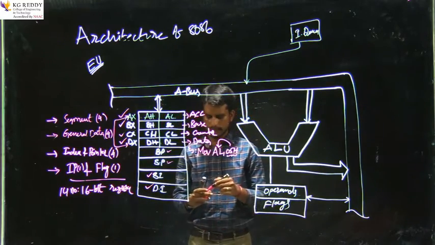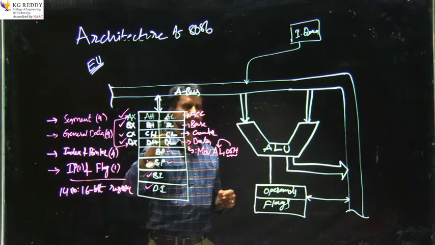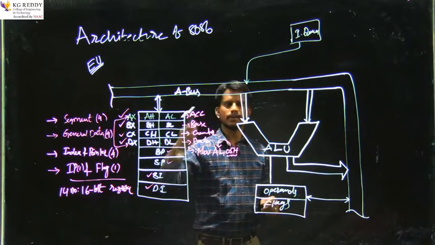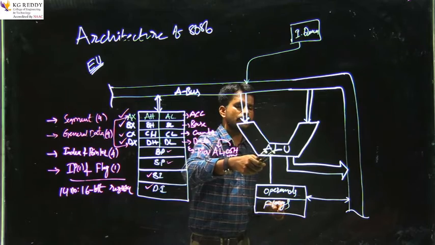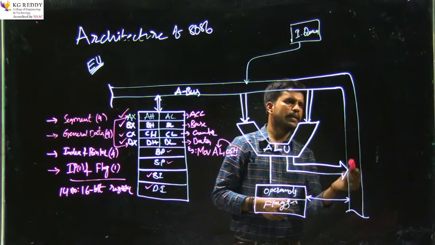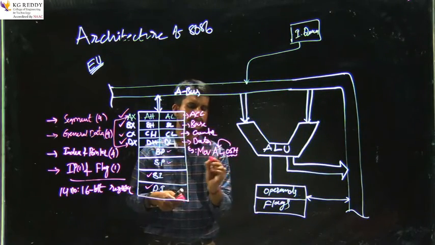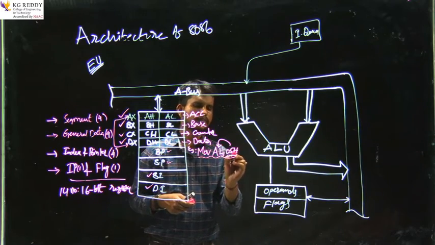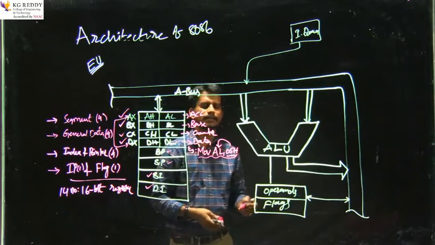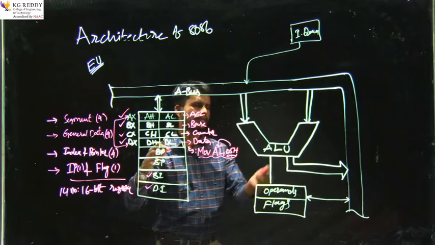Now, as per this information, you just observe here: when instructions are fetched from the queue, temporary data will be stored and the instruction will be executed. After execution of the instruction, the resultant data is received back through the A bus and the register. For example, if you have written this basic operation, then 05 is the data available in some memory location, or it is immediate data. Here in this case it is immediate data. That immediate data will directly be stored into the AL register, but who will carry that out? The ALU.